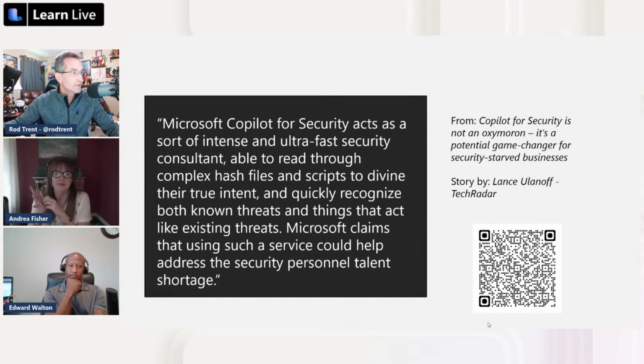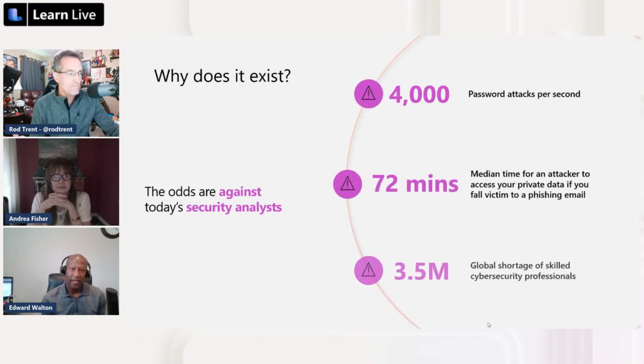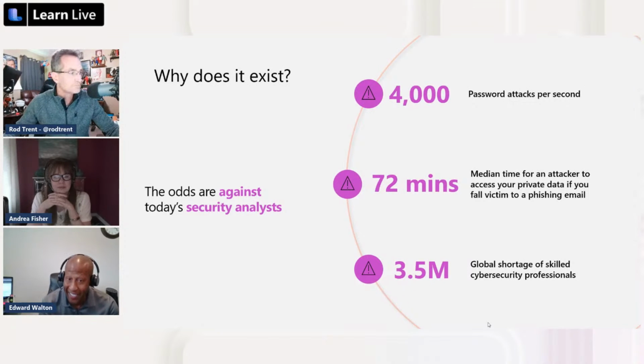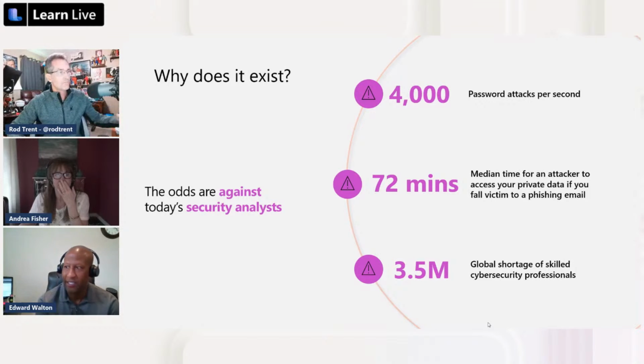Copilot for Security is someone, or a something, that comes alongside. It augments our existing services and our existing skill sets. And I love the statement that he made. It's non-committal. Now, when you look at it, why does it exist, right? We've been talking about the lack of personnel to help, but let's just look.